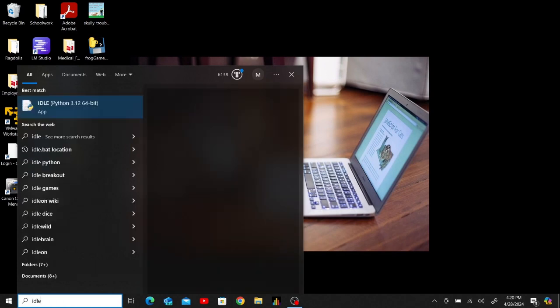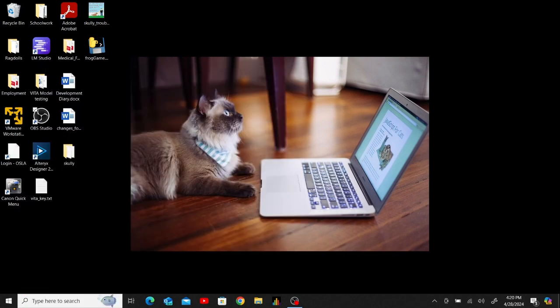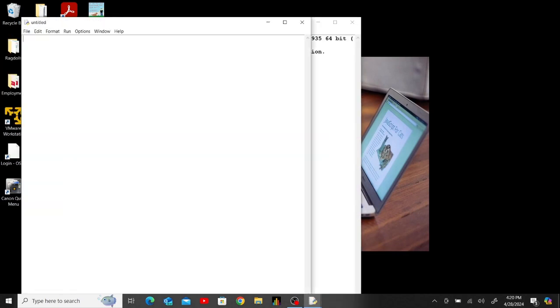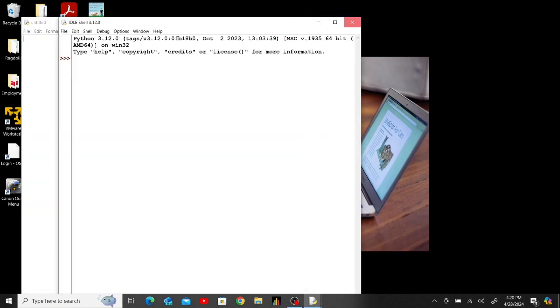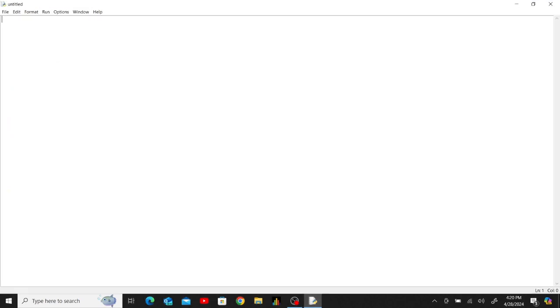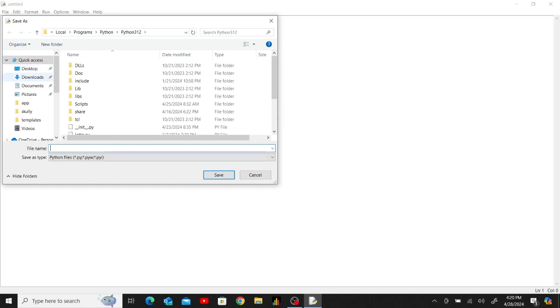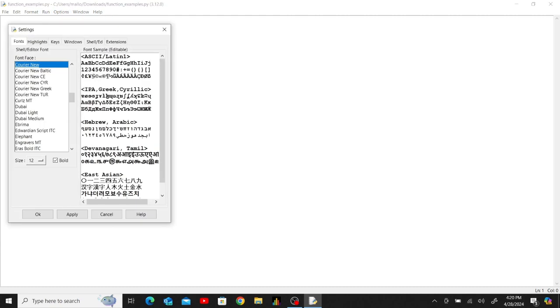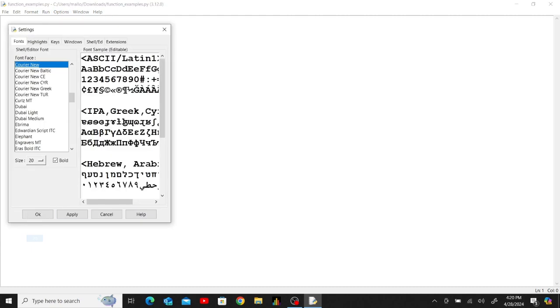So I'm going to open IDLE, and remember we've got to go to File, New File, and let me get rid of this. I'm going to go ahead and save this. And these are going to be our function examples. And I will put this in the module when I'm done. Alrighty, so I'm going to come up here, make my text a little bit bigger,